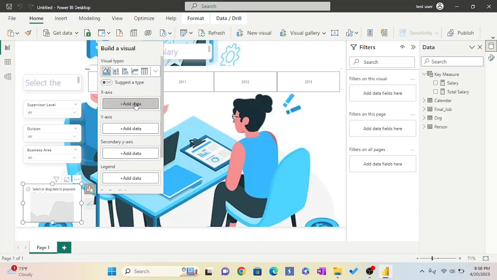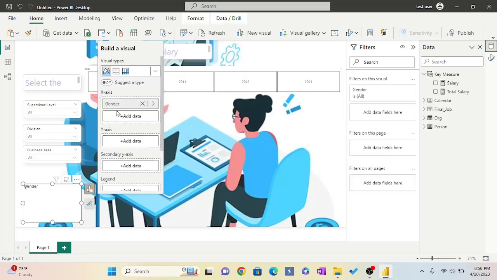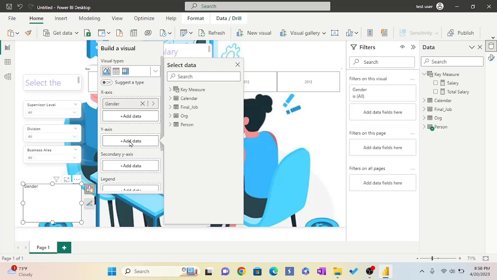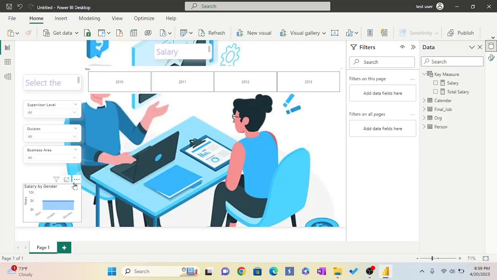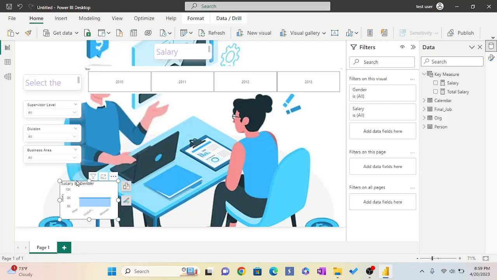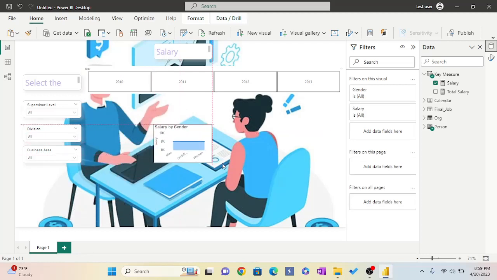So let us put gender here, and on the y-axis we are going to put salary. So now we are going to drag this and enlarge it,